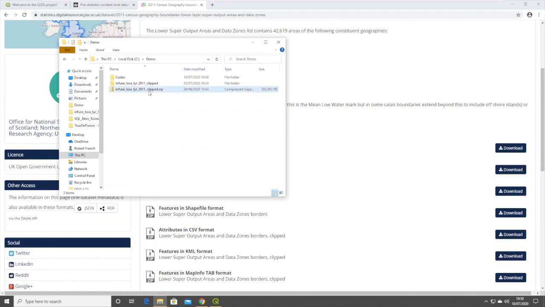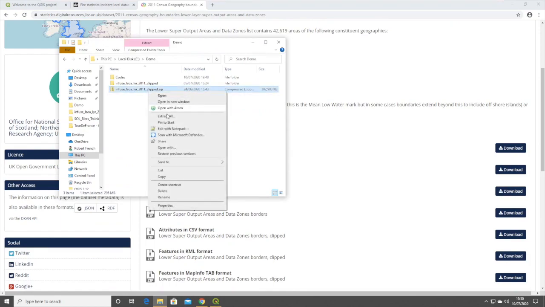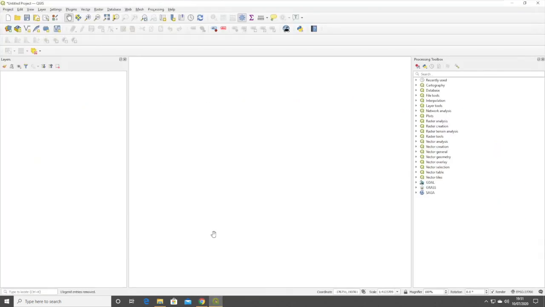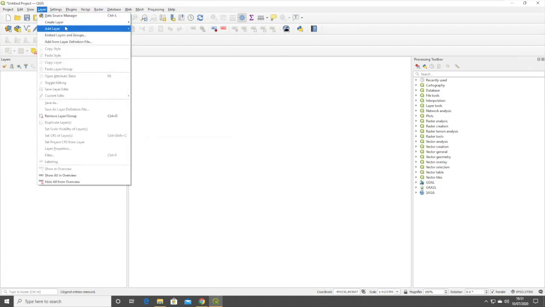So when we download it, I'm not going to do that just now, we just get a simple zip. So first thing to do is to extract it to a folder, which is this folder here. Okay, so I've done that already. And then what we're going to go back to, we've opened up QGIS, and what we're going to do is open up that shapefile. To do that, you open up QGIS, you go to Layer,